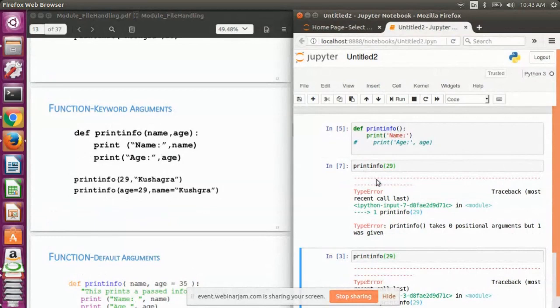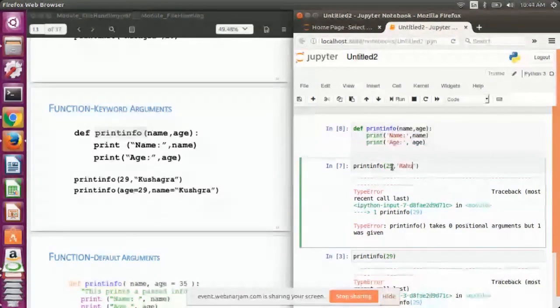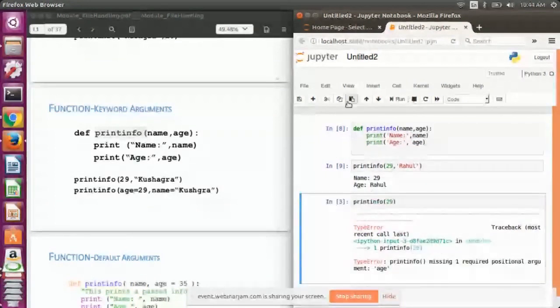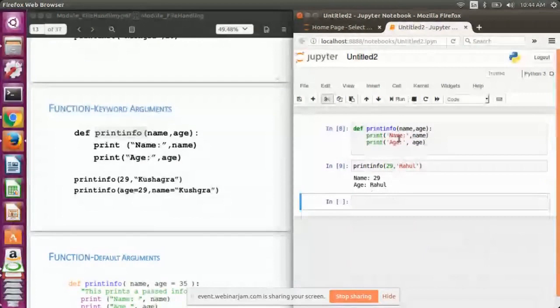Like if I continue, the first parameter of this function definition is printing the name, and the second parameter is printing the age. Calling it this way, the output is that the name has got printed as 29 and the age printed as Rahul.